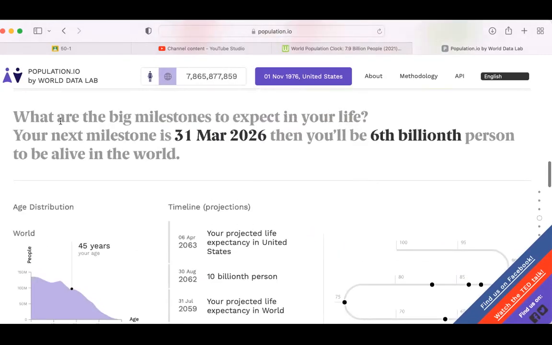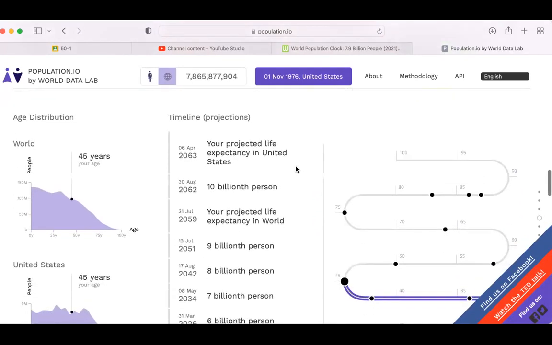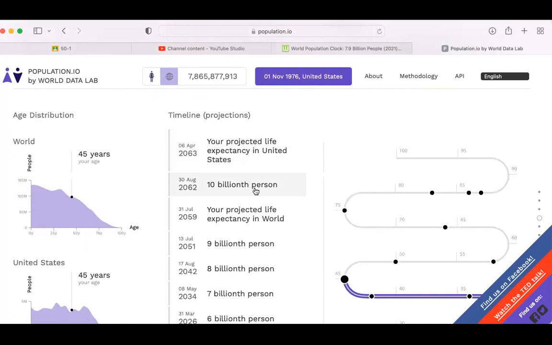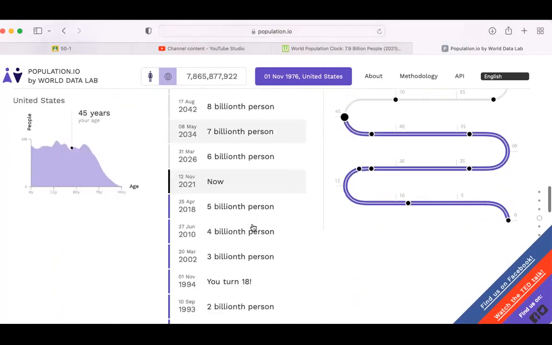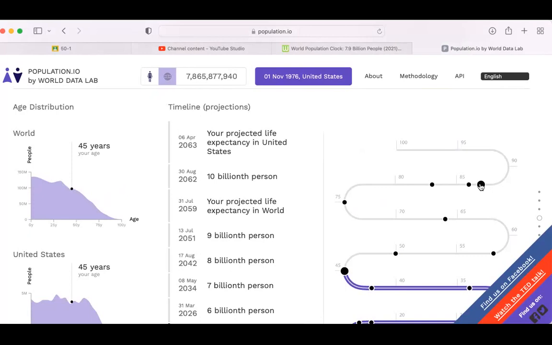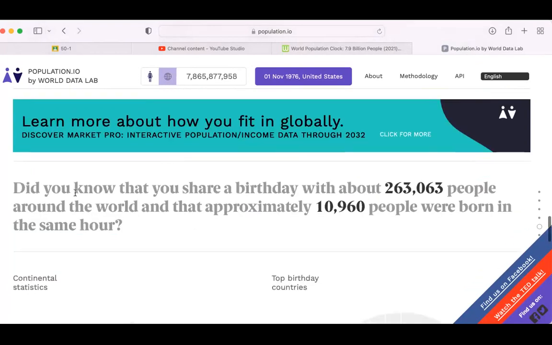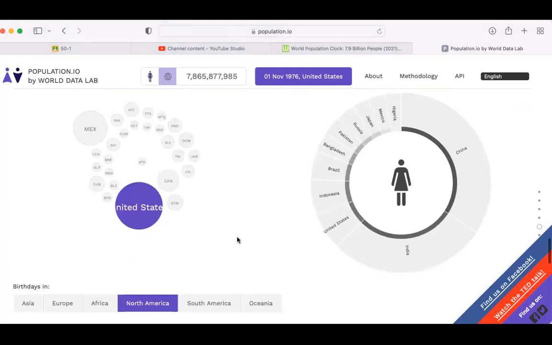All right, let's see. The big milestones to expect in my life. On the 31st of March, 2026, I will be the 6 billionth person to be alive. That's pretty cool. I'm going to mark that in my calendar. That's only 5 years. 4.5, actually. Okay. This is a pretty cool website. You can put your own stuff in there, and I got my little roadmap to my life. I guess that's when I'm going to bite the dust, when I'm 84, 85. Did I share a birthday with 263,000 people in the world? 10,960 people were born in the same hour. Anyway,